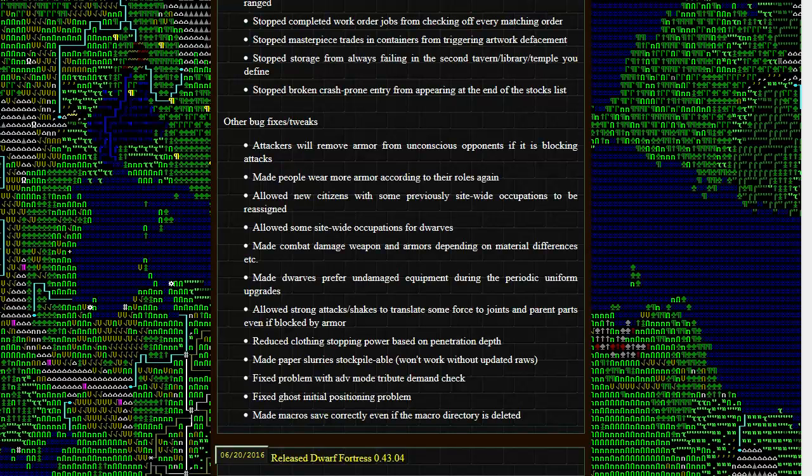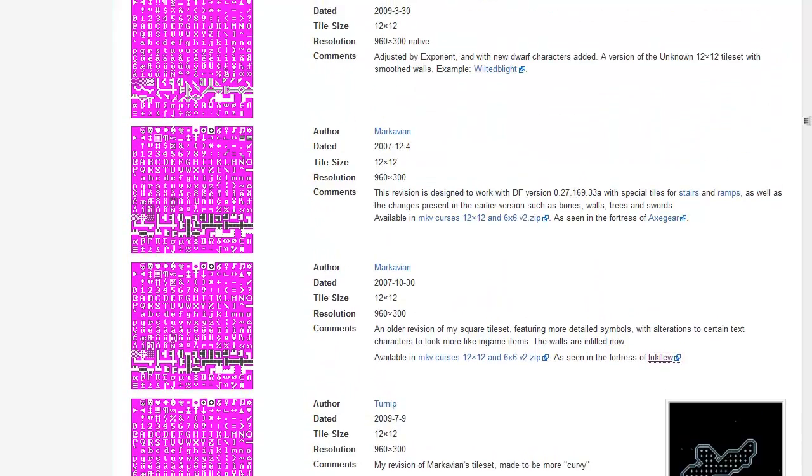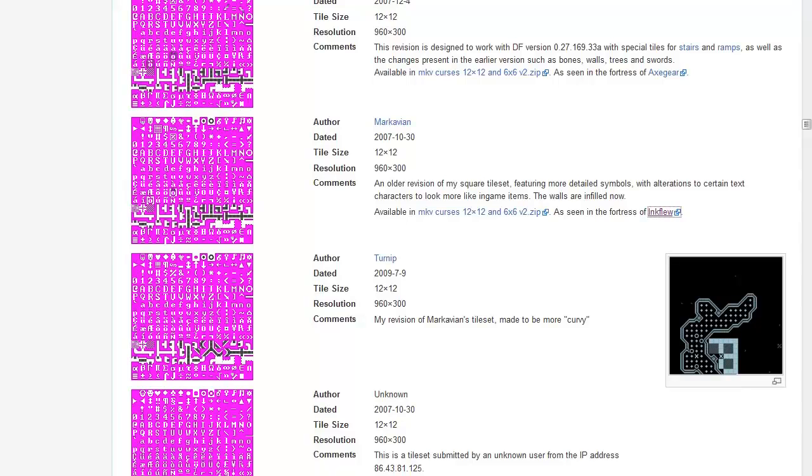Also, there's another thing I'm doing. I'm using an actual tile set. It's not going to be that different from the basic one, except some nicer looking walls and stuff. I'm using this one right here, Markavian. Not really sure how to get you this exact one. I'm choosing this one over this one because of